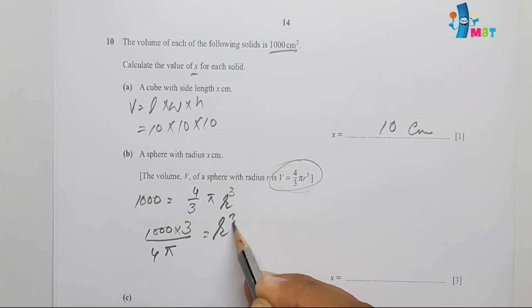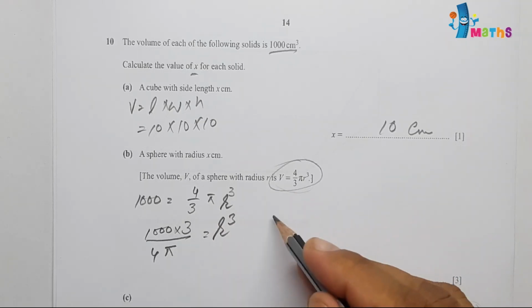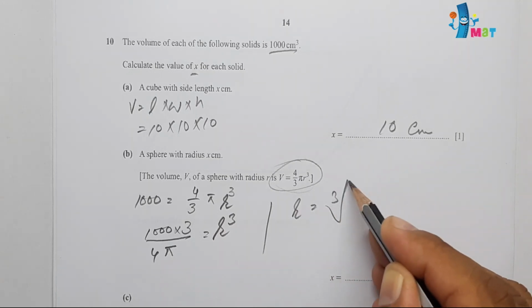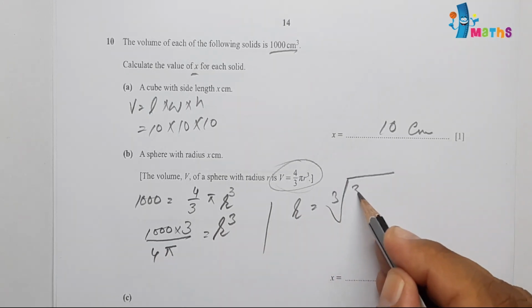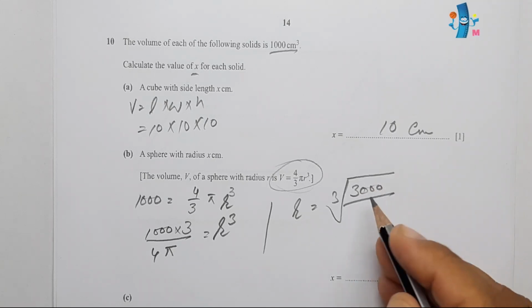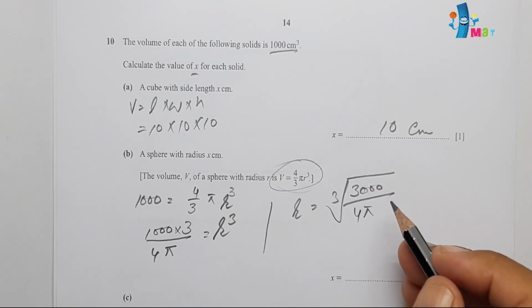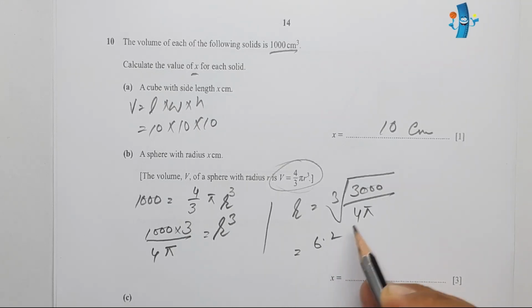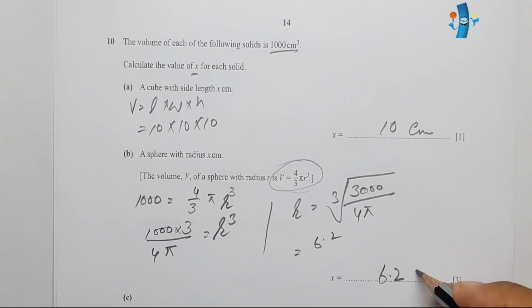So this will be equal to r cube, and we can write r is equal to cube root of 3000 over 4 pi, and 3000 over 4 pi will be equal to 6.2. If we calculate with the calculator, we'll get 6.2, and we can write the answer as 6.2 centimeters. Then